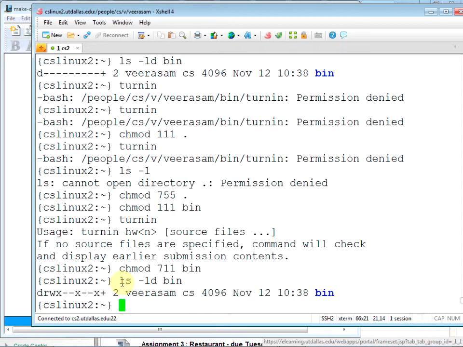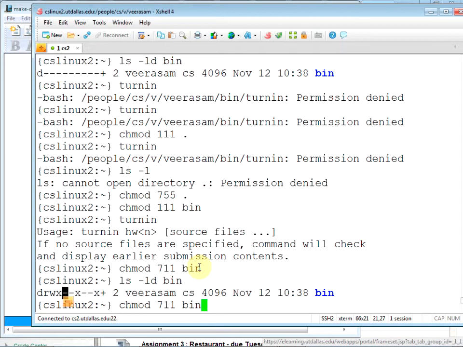Okay, but you should be able to run turnin. If you want to list the directory, then we need a read permission too. So searchable is different from listing the directory contents.